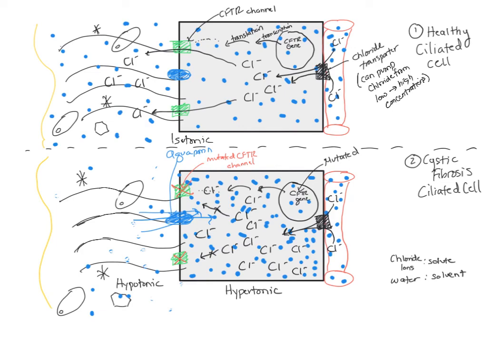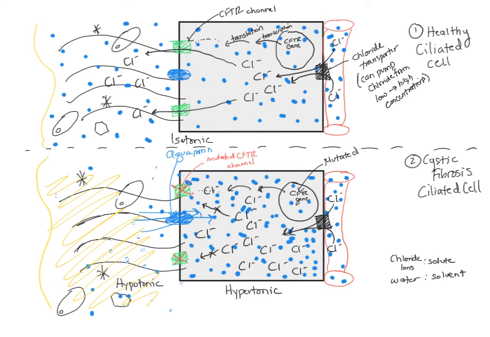Okay, now remember the question we're trying to answer is how does that lead to thick, sticky mucus that builds up inside of the airway and causes all of these issues? Well, if you think about this situation down here with the cystic fibrosis cell, when you remove water from anything, right, it becomes dry. What was the other component of mucus? Well, it was that mucin. It's that sticky substance that normally is kind of dissolved a little bit in the water. But when you take out all of that water, this mucus down here gets very, very, very thick,